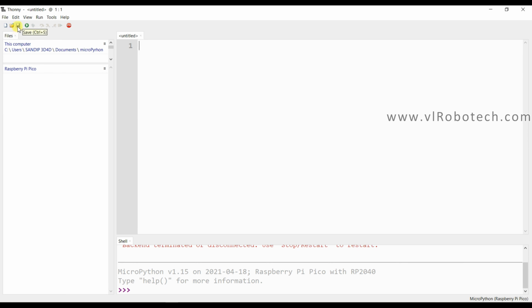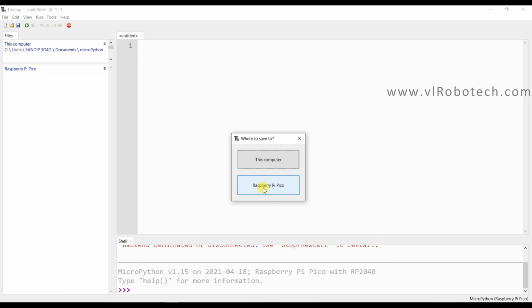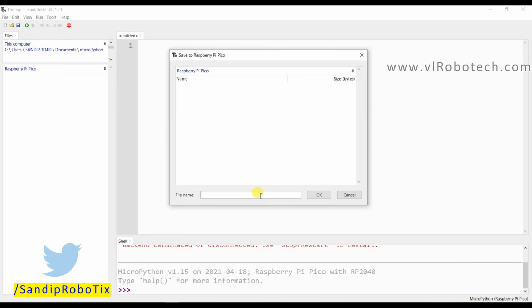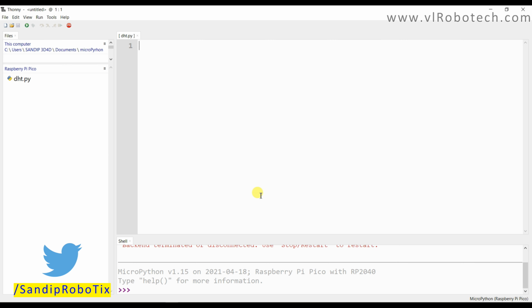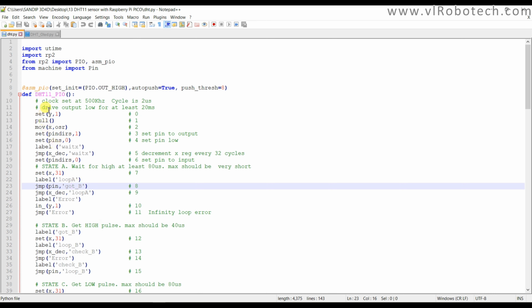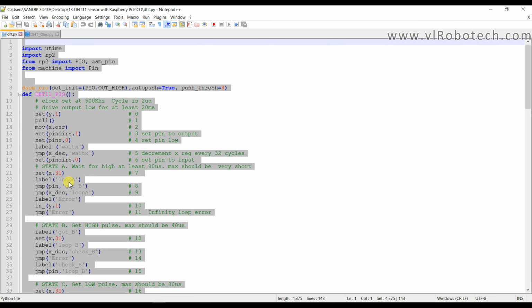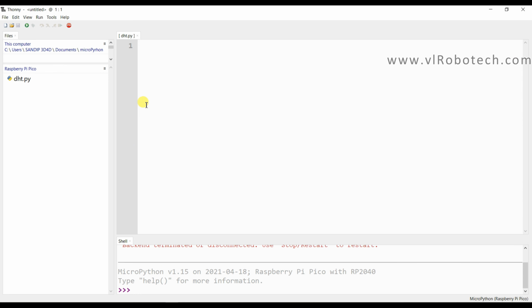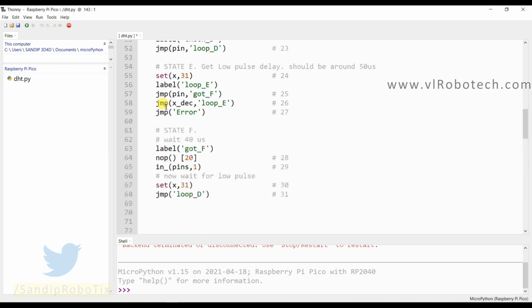So I will save it in the Raspberry Pi Pico drive as DHT.py. Okay, I already have the DHT library, so I will simply copy and paste. Okay, save,